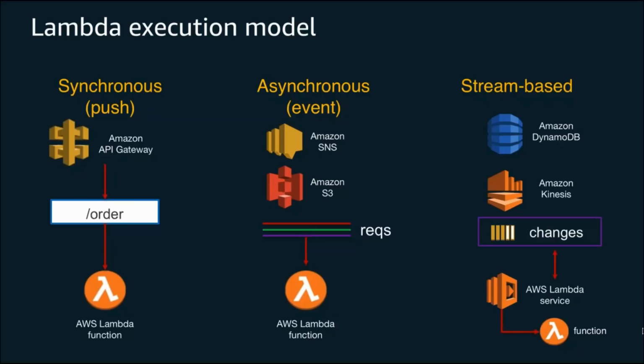In the example here with the synchronous model, we have an API gateway in which, let's say that we get an API call that goes to /order on our URL path. That's going to then invoke a Lambda function corresponding to that path, which will do whatever business logic it needs to do and then return a response to us. And our API is going to expect a response back to whatever the client might be.